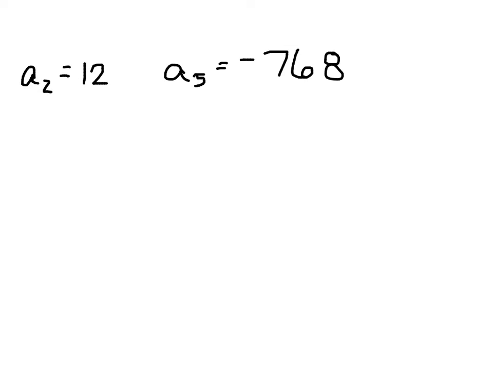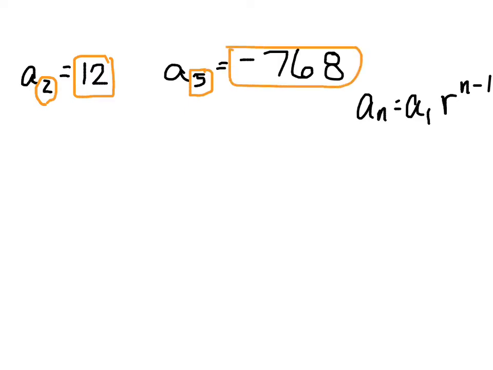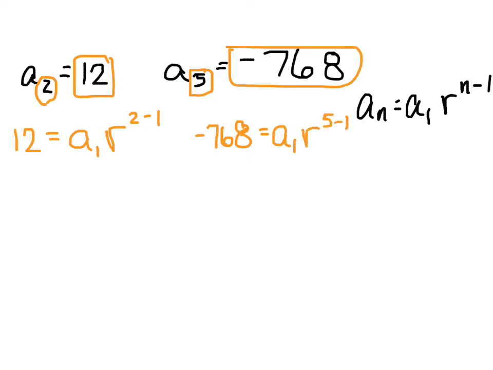Now, if you recall from day 1, a sub n equals a1 r^(n-1) is the generic formula for geometric sequences. And so what you're going to do is these parts right here, this is an n and this is an a sub n. This is an n and this is an a sub n. And so I'm going to write 2 different equations. So 12 equals a1 r^(2-1), and negative 768 equals a1 r^(5-1). So all I did was insert those numbers